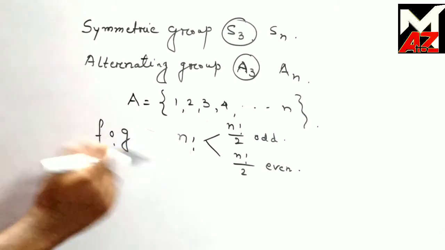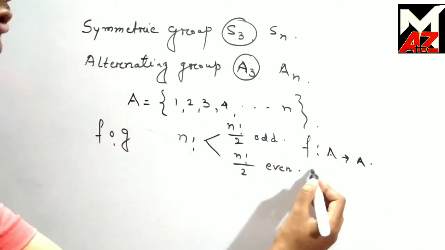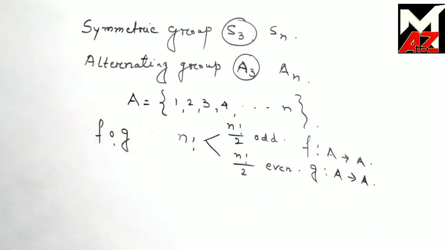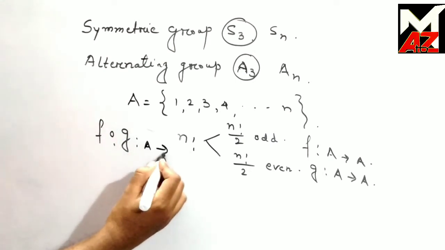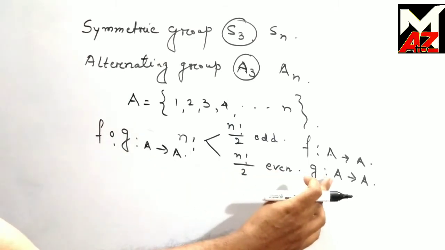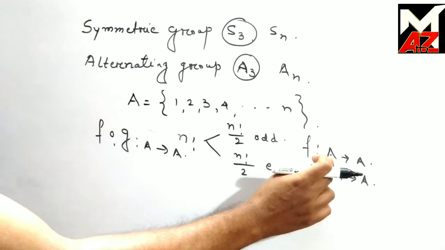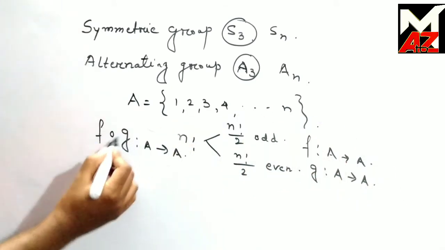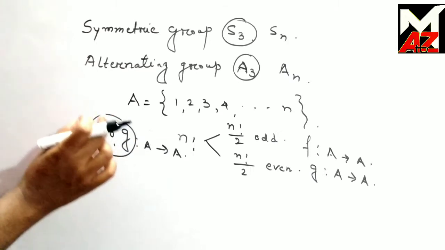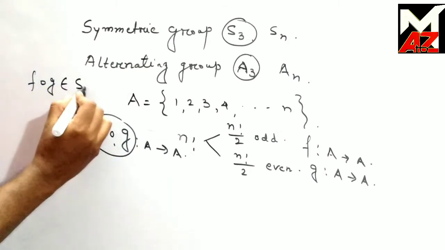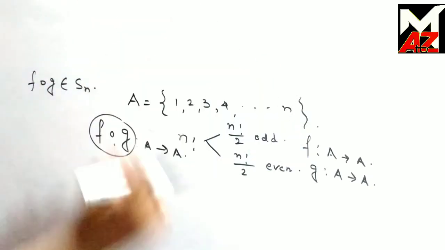These two bijective mappings, that is the permutations, are like f maps A to A, and g maps A to A. If we compose, this is also from A to A, because the domain is A and the codomain is A. So this composition, f composition g, must belong to Sn,